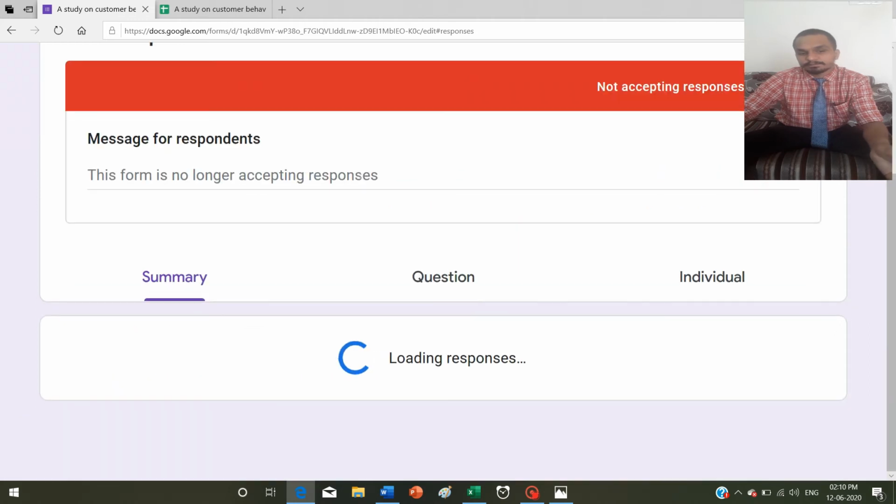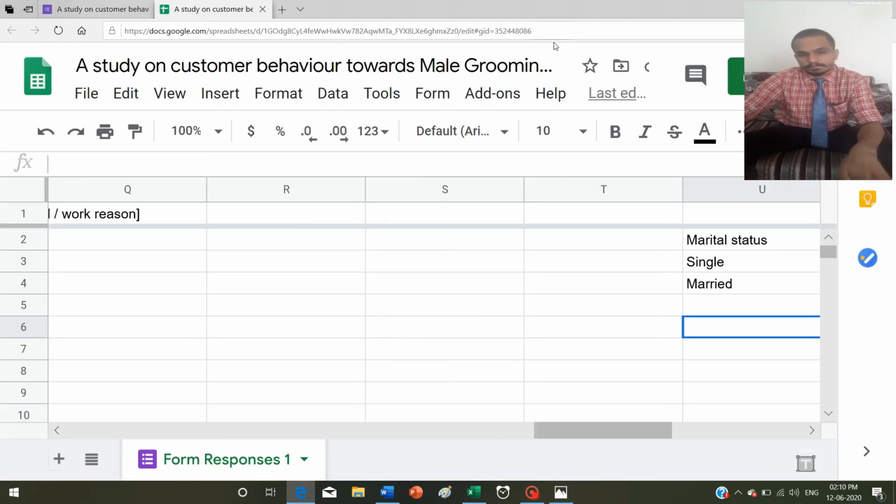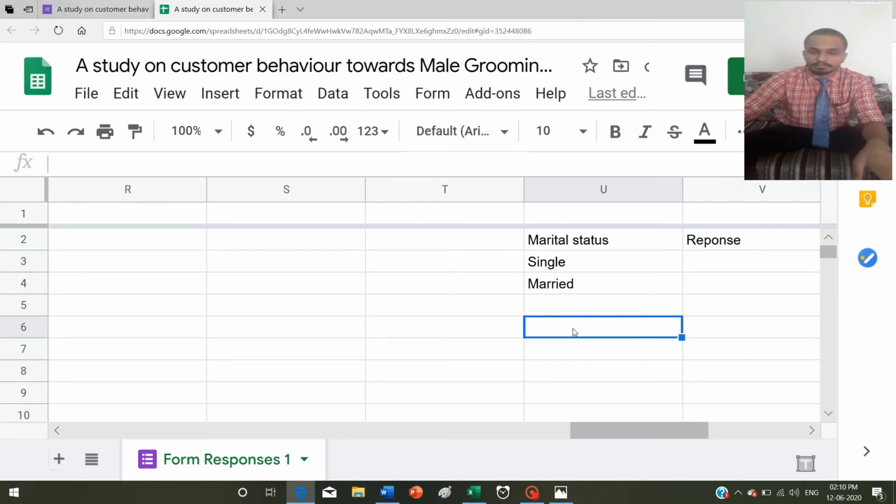So what I will do is make a table. Because if you want to prepare a graph, you need a table. Without a table, you can't prepare a graph. I'm just doing copy paste because typing is very difficult and time consuming, so I'm using shortcuts. Shortcuts save your time in a spreadsheet, MS Excel or PowerPoint. You must be thorough with the shortcuts.